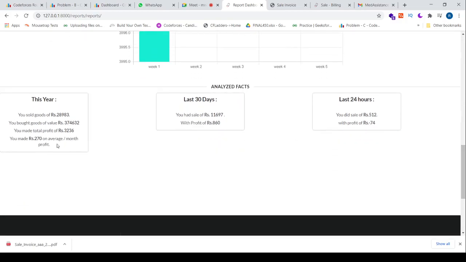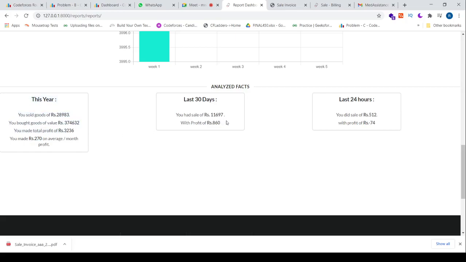Now we have some facts that sum up all of the purchases and sales. Like this year we have sold 28,983 worth of items, and bought this worth of items, and made a total profit of this, which averages to 270 rupees per month.